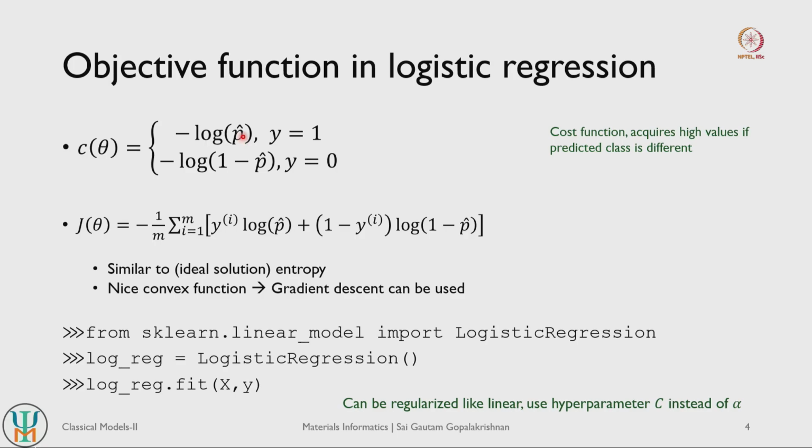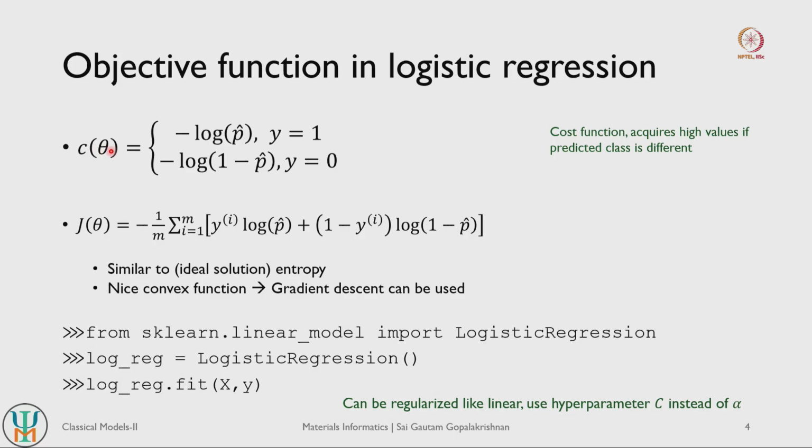But if your p were to be different, so let us say your p is actually 0, so it outputs a wrong value compared to your target value, then log 0 is actually negative infinity and you have a negative sign here, so you have an infinite value coming into your cost function. So the cost function sort of blows up if your prediction is wrong compared to the target, and if the prediction is correct compared to the target, then it is 0. The same thing can be applied for your target values of 0 here. So keep in mind that this works when we have a binary classification model.